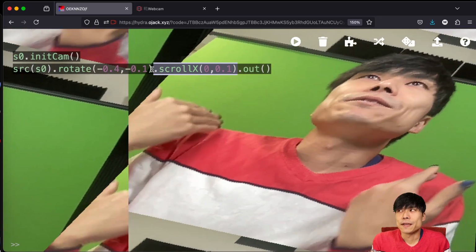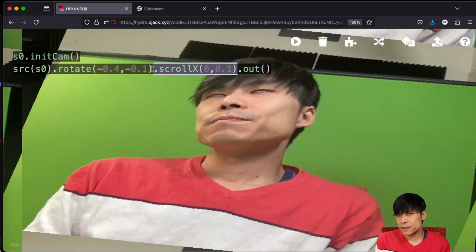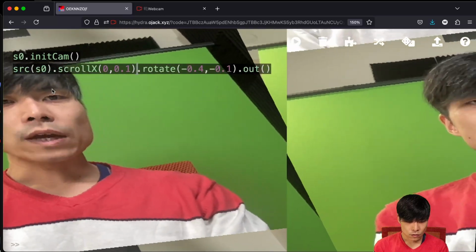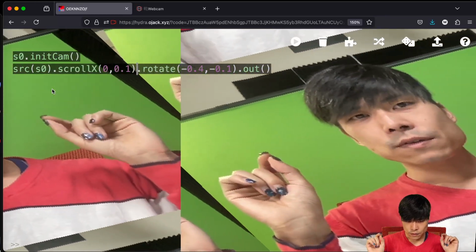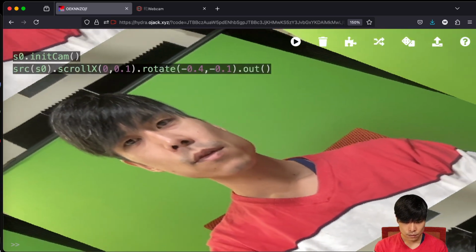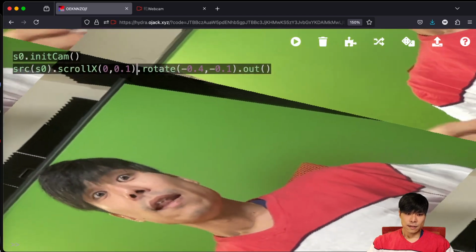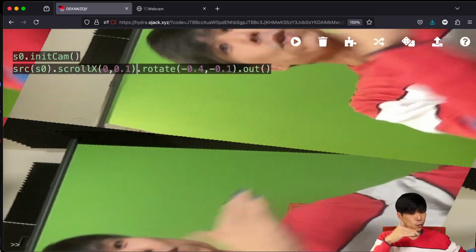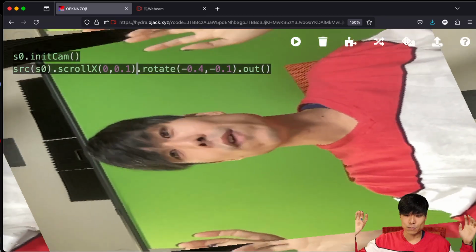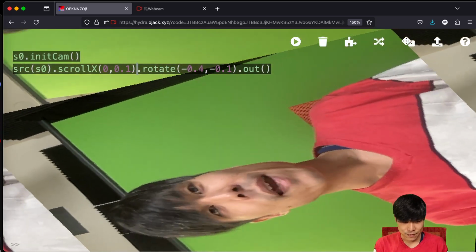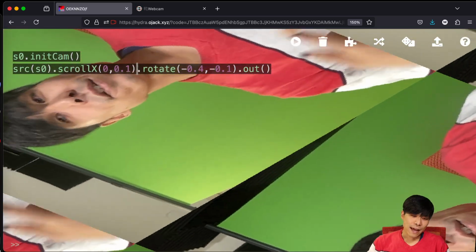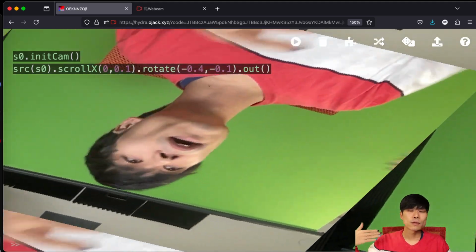And again, I emphasize, the order matters sometimes, and this is a case where it changes drastically. So if I put scroll X, rotate, instead of rotate, scroll X, then what's going to happen is that now it's not moving in the horizontal direction, because it's making the horizontal movement, then rotating, so it's moving somewhere else. And then of course you can chain it with scroll Y, and of course you can add Kaleido,